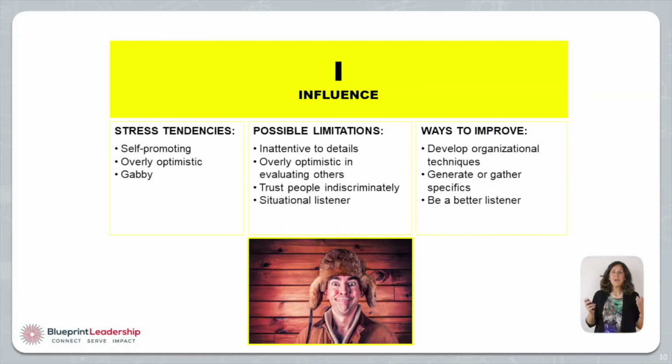Okay, Is, ways to improve. One is be a better listener. Really set out to ensure that, when you're having a conversation one-on-one with people, that you're not speaking 80% of the time, but that you're also listening. Second, be a little bit better at organization. Look for ways that you can organize your workspace and organize your milestones to make sure that you're staying on top of things. And then finally,